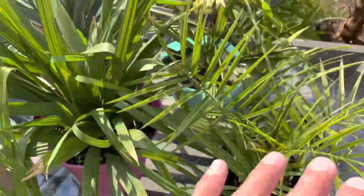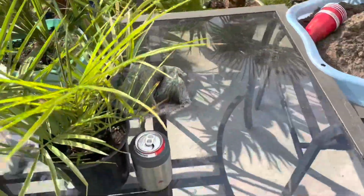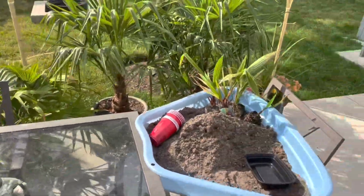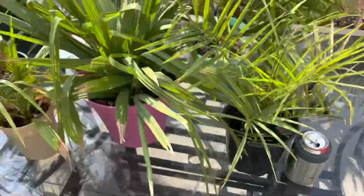I gotta repot all this stuff here. Everything here needs to go into a bigger pot, and all those, and a bunch of these baggies. Some of these are really gonna get just thrown into one pot, and you can pick like 1 or 2 palms out of each at most to put into a solo cup. And then I got a pineapple here that needs to be repotted. I got all these stables, a bunch of